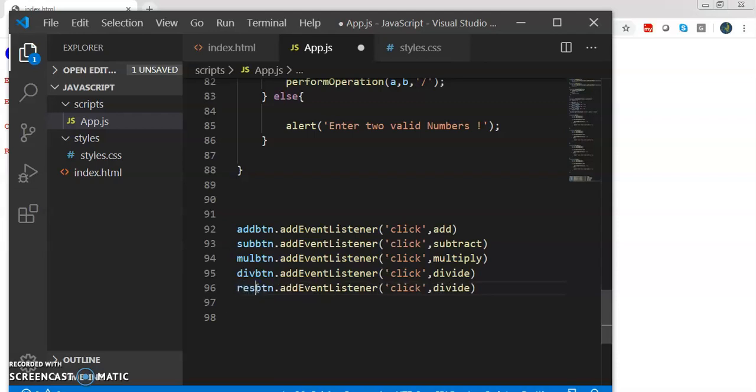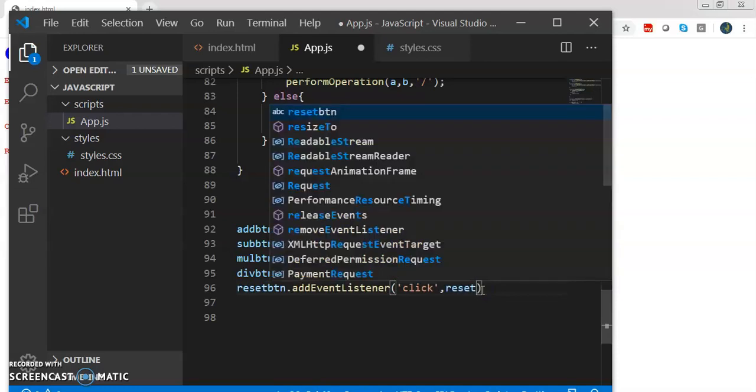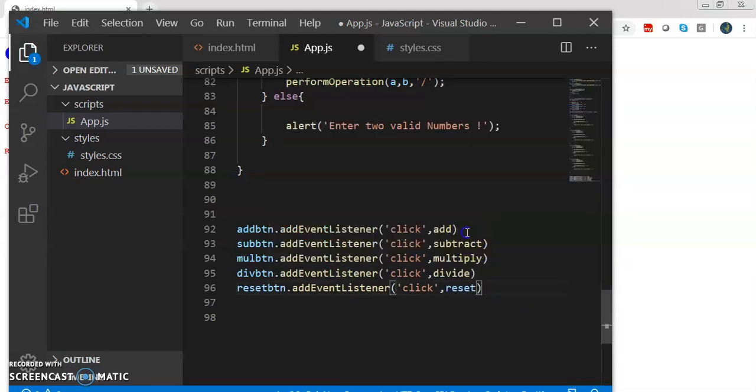So this will be reset button. On clicking the reset button, we have to call the reset function. So all the JavaScript statements should be terminated with a semicolon. It's not mandatory, but it makes the code more readable.